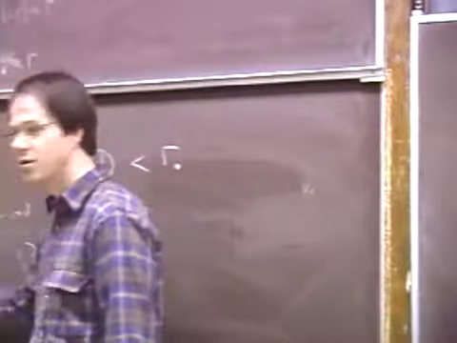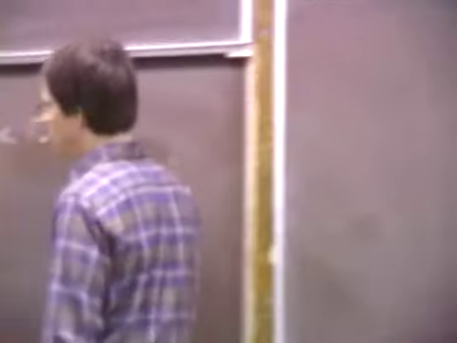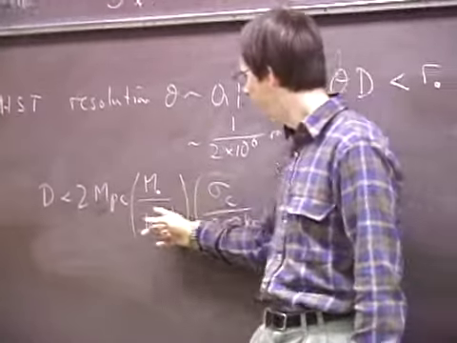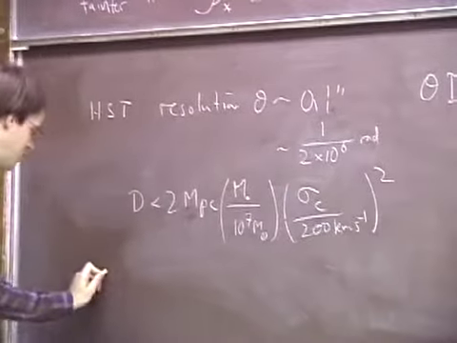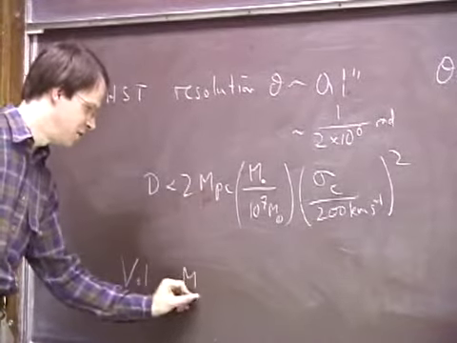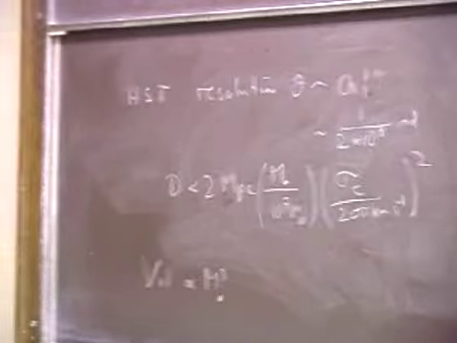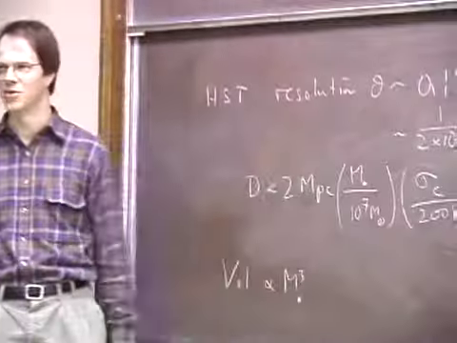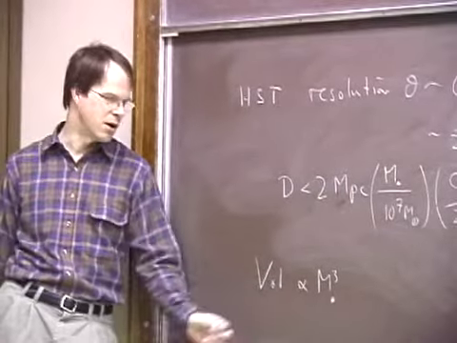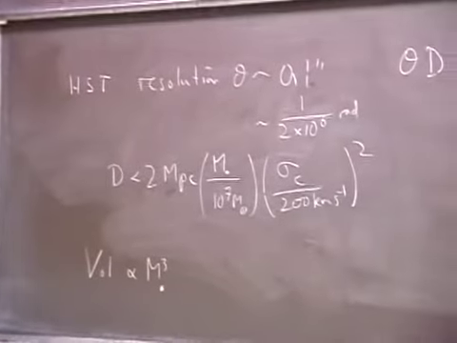So there's a strong selection effect, but most of the black holes that we know about in the universe are 10 to the 8 solar masses and above. And the reason is that the volume which we can look at is proportional to the mass of the black hole cubed. So there's a big selection effect. When you go off counting black holes, you can see the big ones to much larger distances than the little ones. So if you look at lists of black hole masses that have been measured, and there are about 30 or 40 of them now, depending on how reliably you want to measure them,